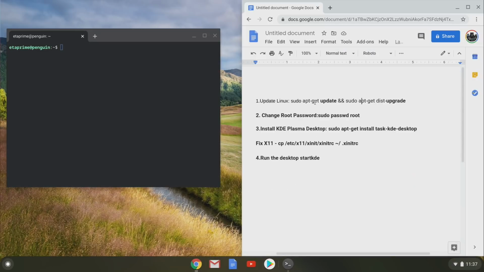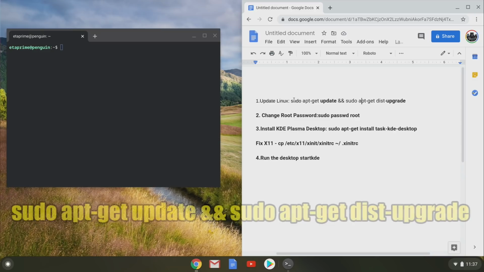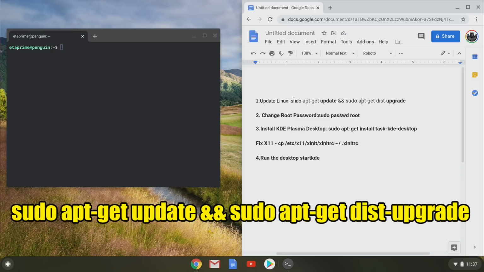And I've got everything we need right here. I'm going to leave this in the description. This is going to allow us to update Linux and install the KDE Plasma Desktop. So the first line we need to do is sudo apt-get update and sudo apt-get dist-upgrade. This is going to update our Linux build on our Chromebook, and by the way, this is actually using